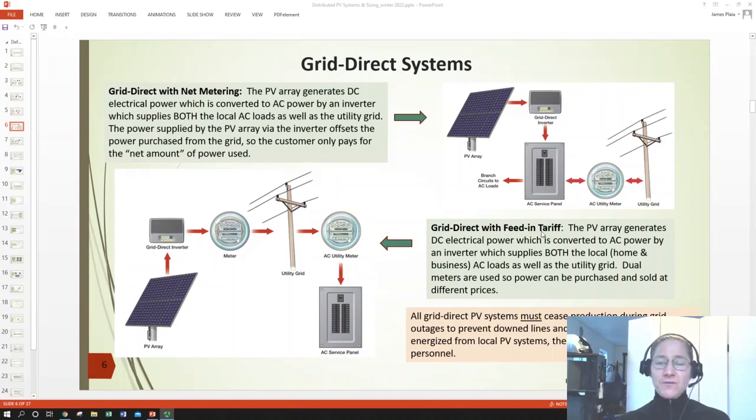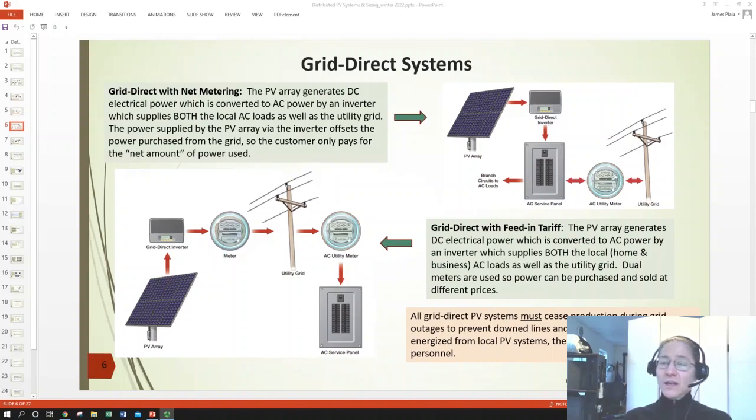Those types of systems are called feed-in tariff systems. They are area specific, and in the US they are state specific. So they are available some places, not in others, but definitely a consideration for sizing your system if you're going to go grid direct. In both cases, again, if you need grid independence, if you need to have a source of generation independent of the grid, neither of these systems are going to work,